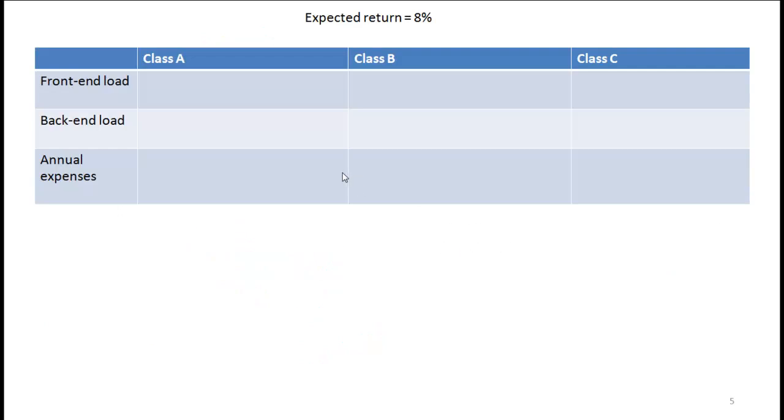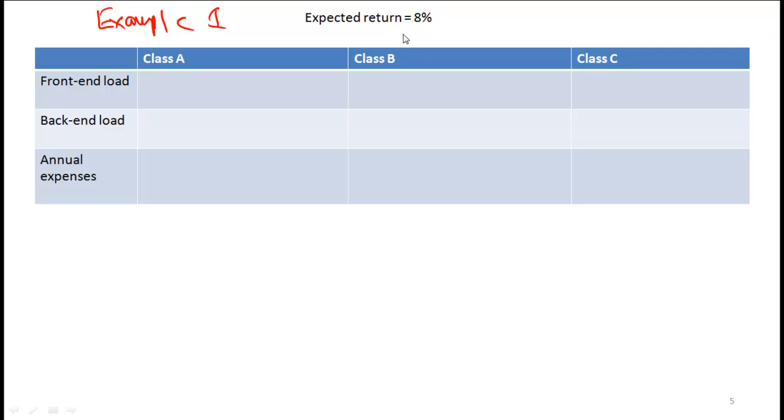Okay, from an exam perspective, this is an important topic where I'm actually going to model this on example 1 in the curriculum. So we have a situation where a mutual fund issues 3 different classes of shares: Class A, Class B, Class C, and this is quite common. We will also assume that each one of these classes, the investor expects that the return will be 8%, and this is just a given.